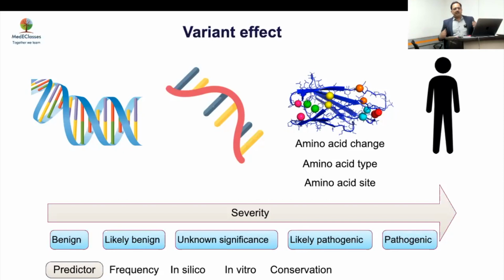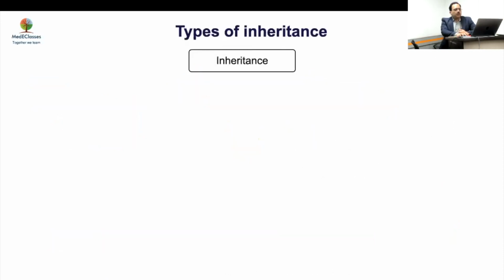If that particular gene was not even conserved till, let's say, Neanderthal, then definitely there is a problem. It won't cause a problem. It's a new thing. So the longer the evolutionary history is there, the more important it is in that perspective, which you have to consider in that regard. And of course, if it is associated with previous disease, family members and other things will also give you that.